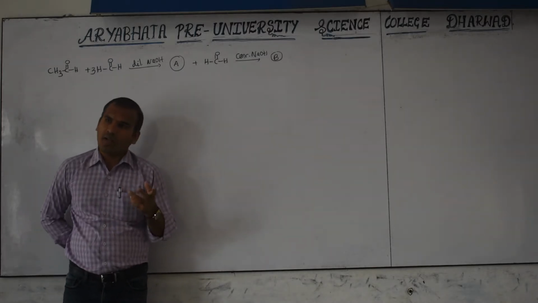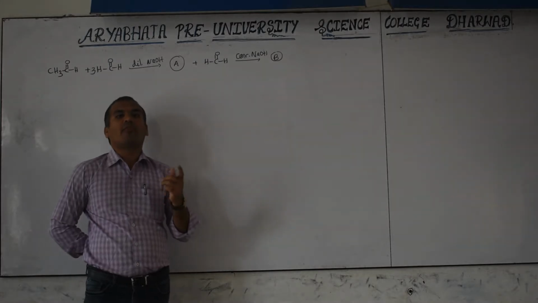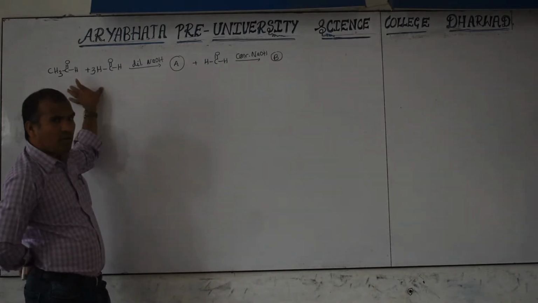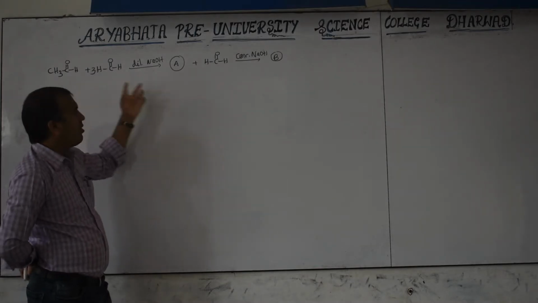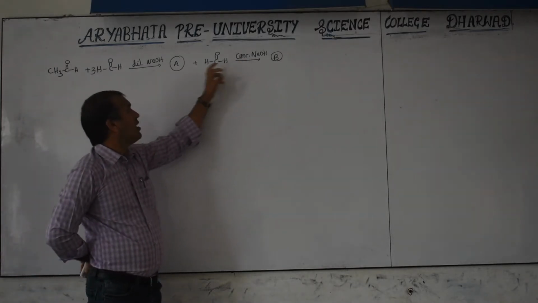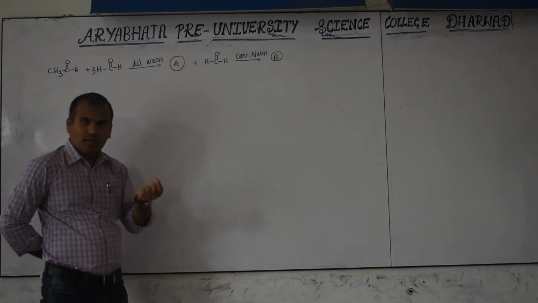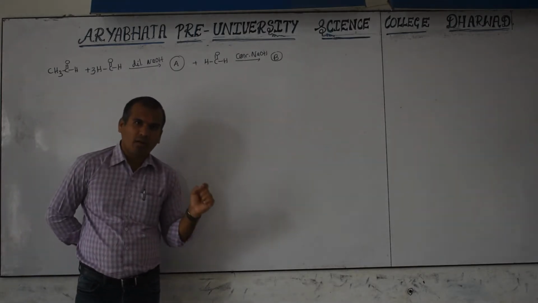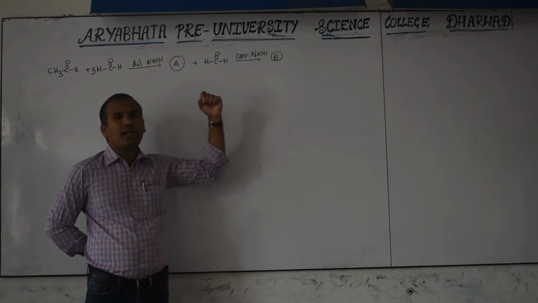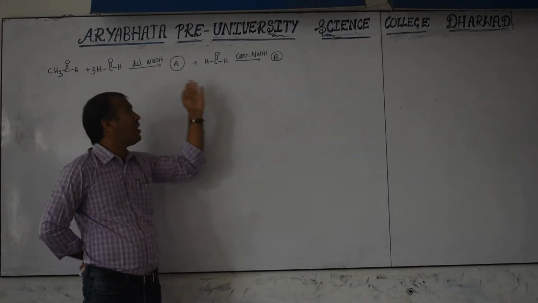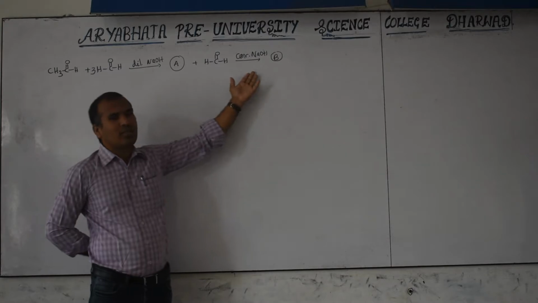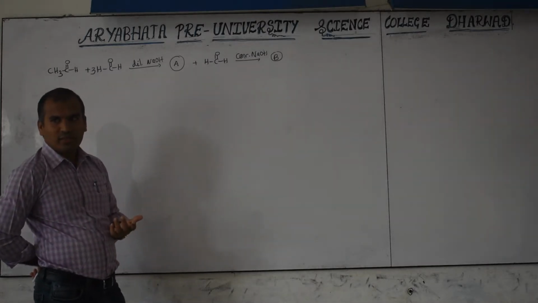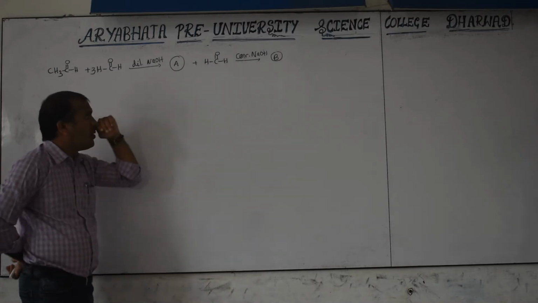Cross Cannizzaro reaction also exists, but for that both no alpha hydrogen aldehydes are required. That's why this is a cross aldol reaction. And here the word concentrated is given, and there the word dilute is given. Based on that also we can easily identify the type of reaction. Dilute means aldol, concentrated means Cannizzaro. Similarly, if 10% is given here and 50% there, based on that also we can easily identify which type of reaction this is. Okay. Now, what is A?